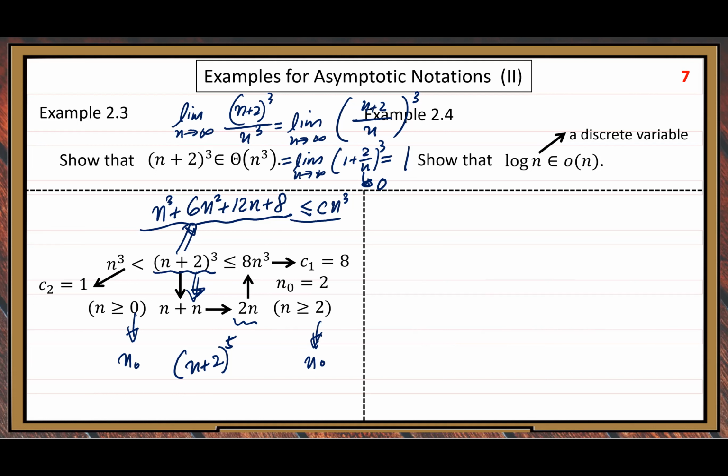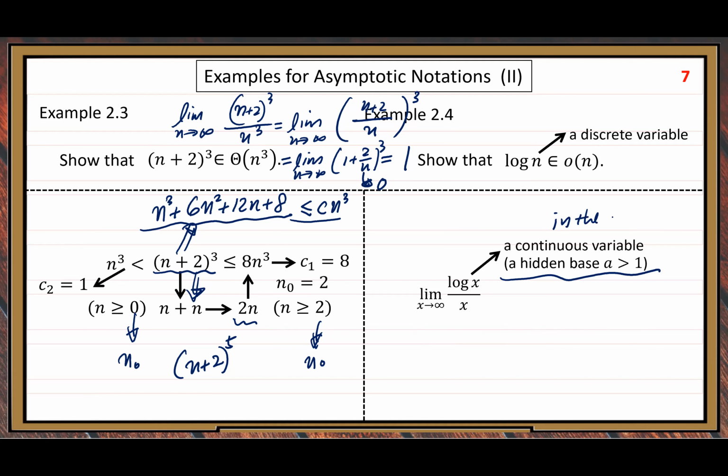But here n is a discrete variable, so we should switch to the continuous variable version. For the continuous variable, the definition of derivatives exists. So log, the base is hidden, but in the algorithms context,